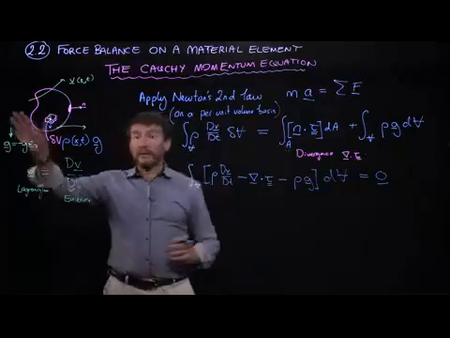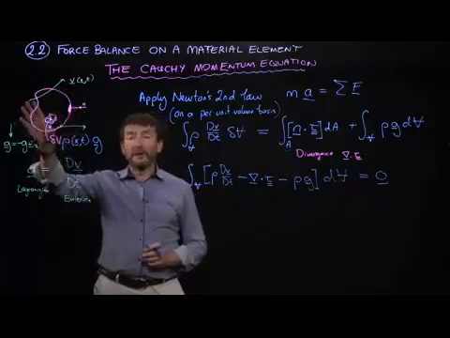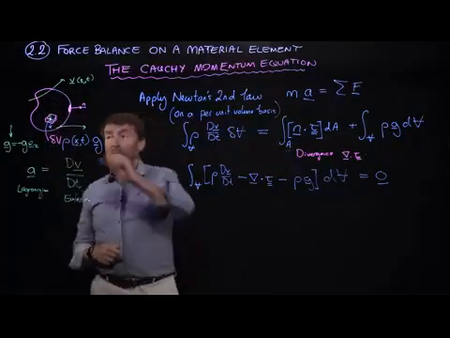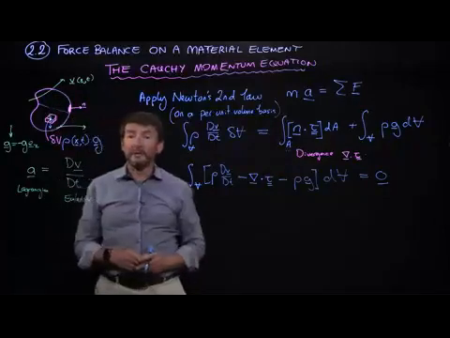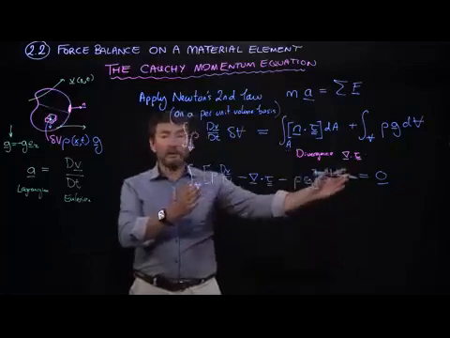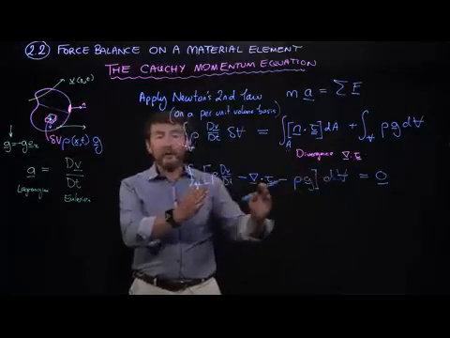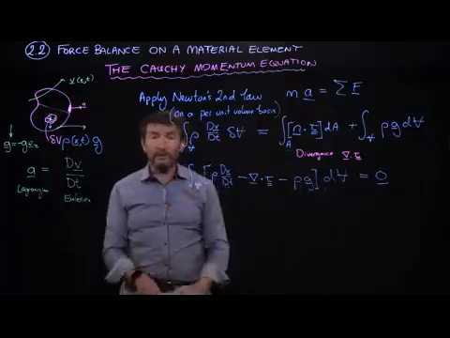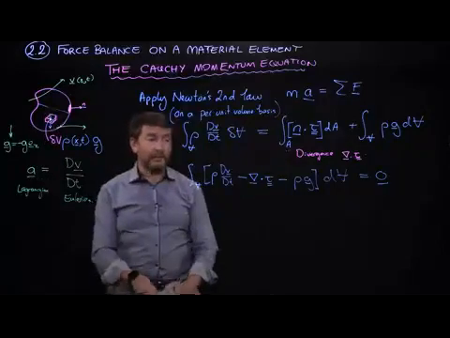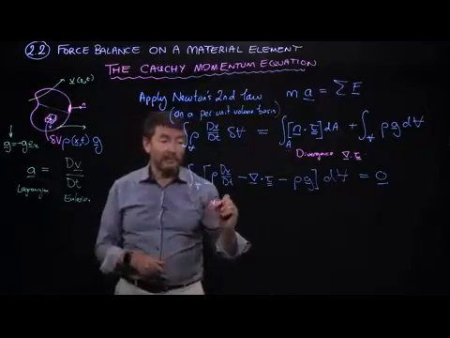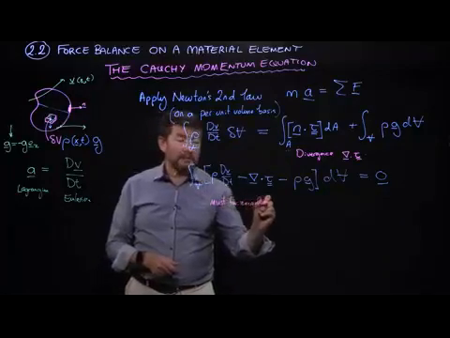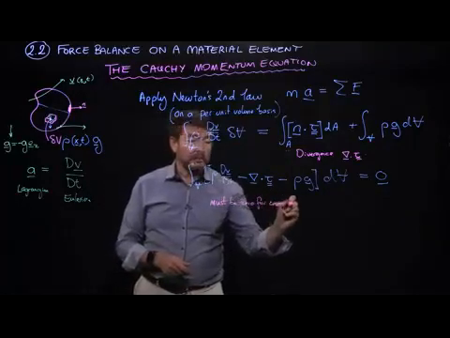And the thing we can recognize is that we've done this for an absolutely arbitrary shape or an absolutely arbitrary volume. So this could be true for any volume. It could be true if I cut the volume into a different shape or a different size. And so the only way this can be true and equal to 0 for an arbitrary volume is if this quantity, what we would call the kernel, what's inside here, is identically equal to 0 for every single material element. So this must be 0 for every arbitrary